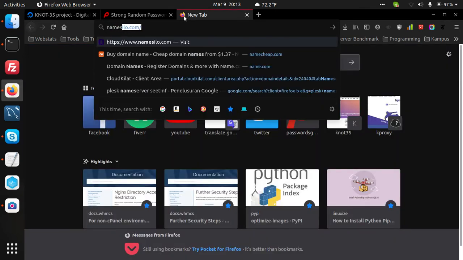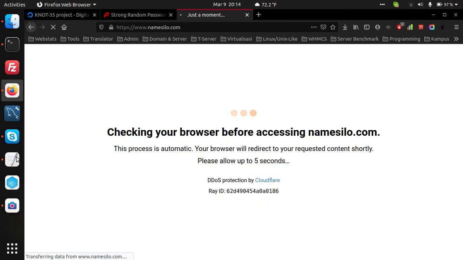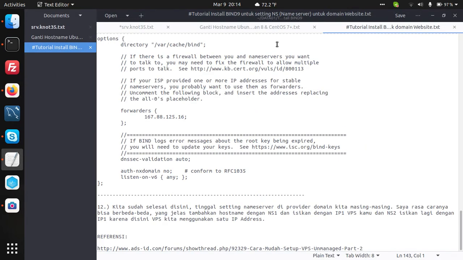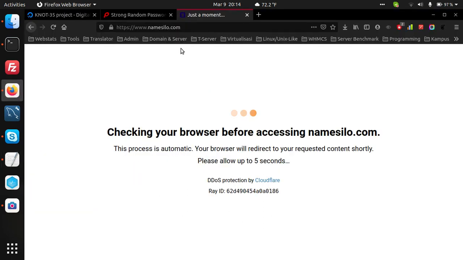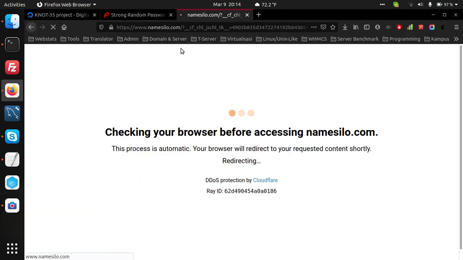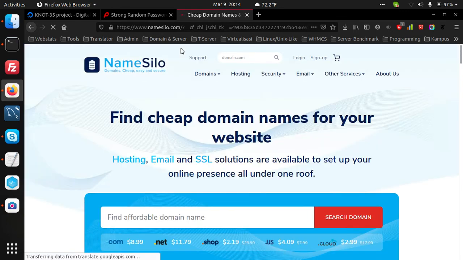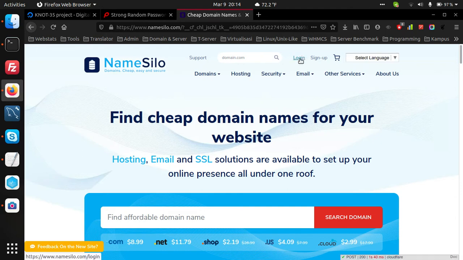Let me log into my domain registrar. The documentation is of course different if your domain is registered on another domain registrar. Okay, let's log in.